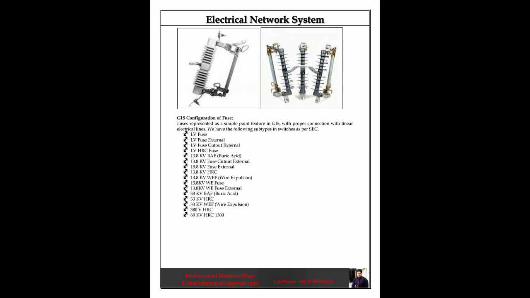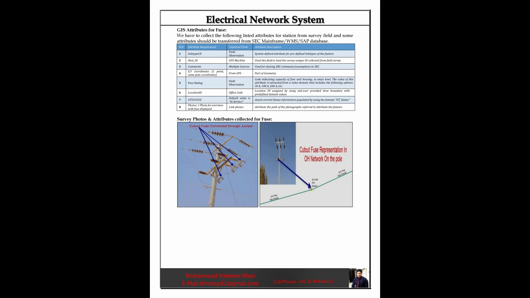33 kV HRC. 33 kV WEF, wire expulsion. 380 V HRC. 69 kV HRC 1300. GIS attributes for fuse. We have to collect the following listed attributes for station from survey field and some